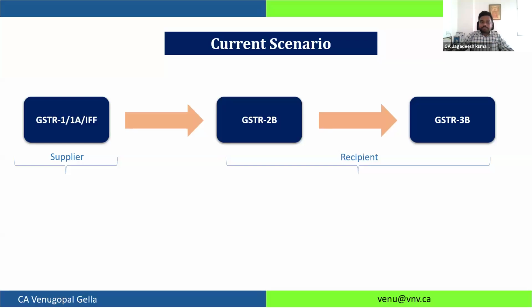But for the previous month, that is for December 2024, it got extended up to the 13th. If your supplier files GSTR1 on or before the due date, automatically it flows to your 2B on 14th. From 2B, it will get auto-populated in your GSTR 3B. Till now, before the implementation of IMS, your GSTR 2B is static. But now the records in your GSTR 2B will change based on your actions in the IMS. So now see, just a second.